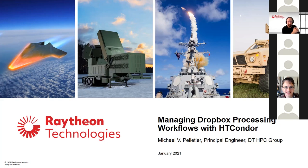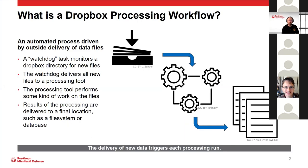So I manage an unclassified Condor cluster, and then we have a number of classified areas that use Condor as well. That's just a quick intro there, and I'll get right into the meat of the presentation. So